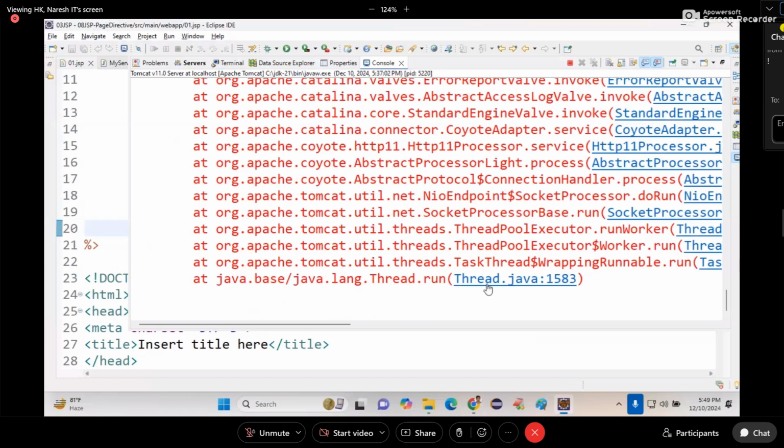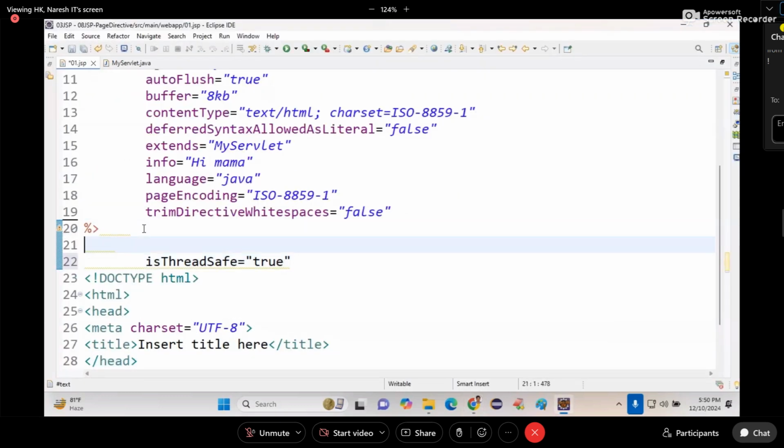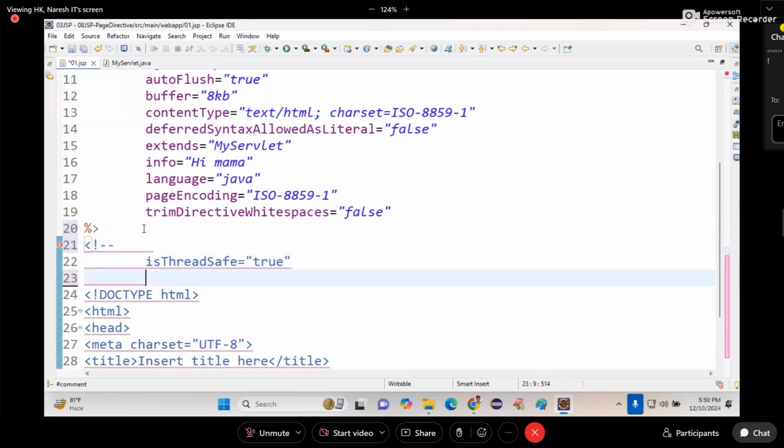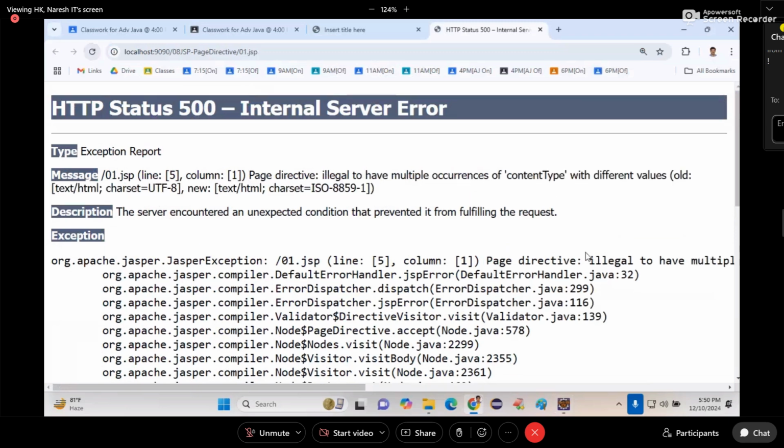This one I have to remove. It's not accepted. Bring it out. Next,